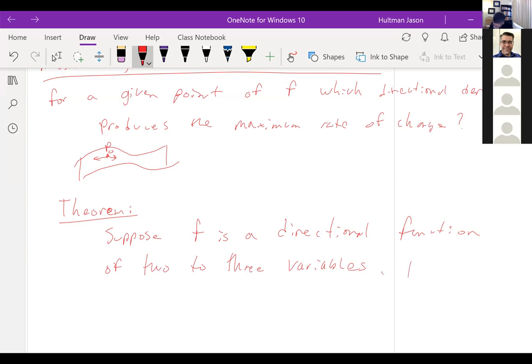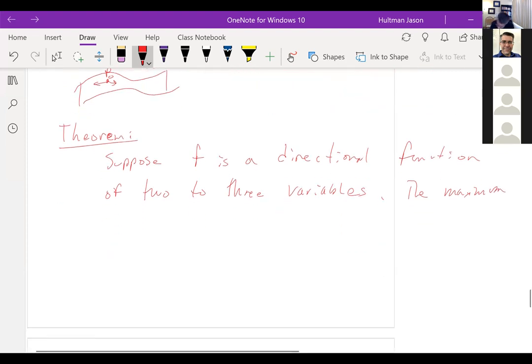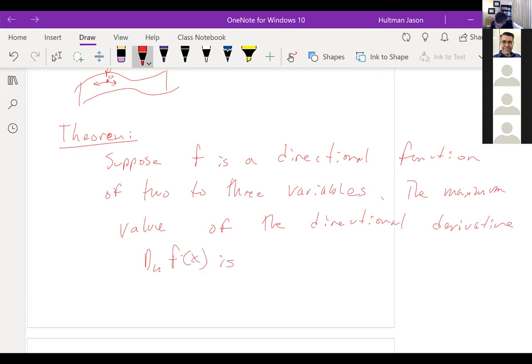Okay, the maximum value of the directional derivative D_u f(x) is, okay, the magnitude of del f of x, and it occurs